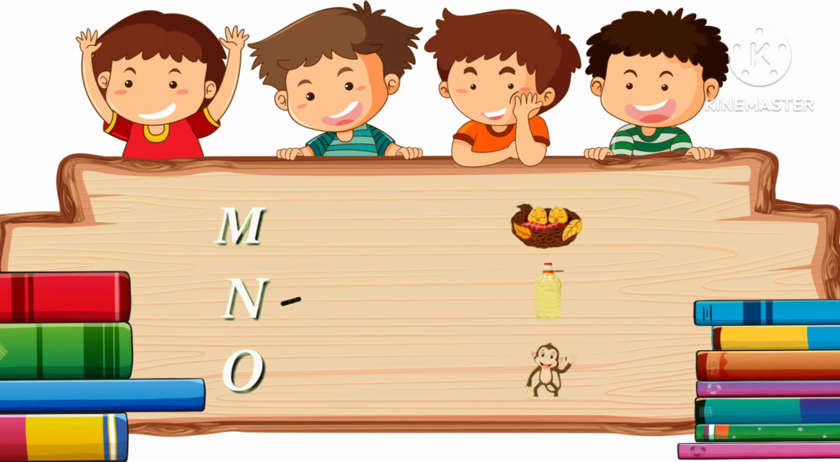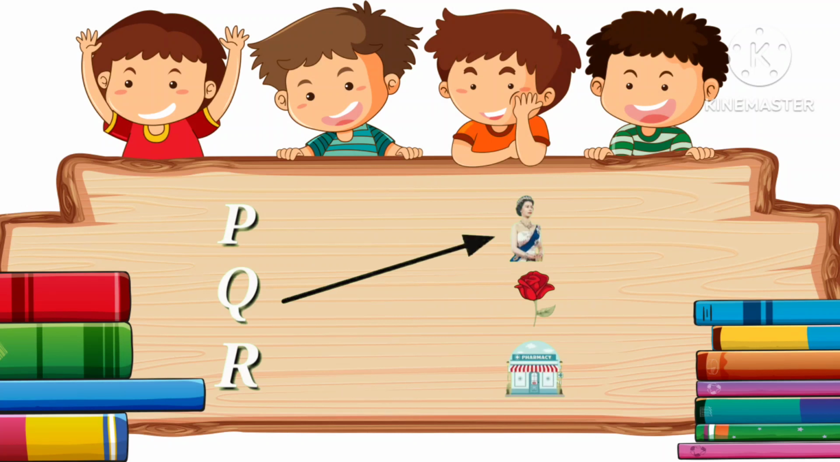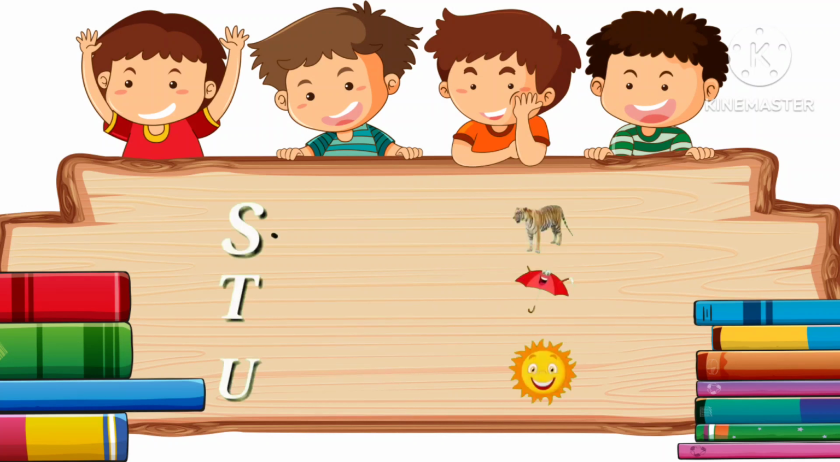M for monkey, N for nest, O for oil, P for pharmacy, Q for coin, R for rose. S for sun, T for tiger, U for umbrella,